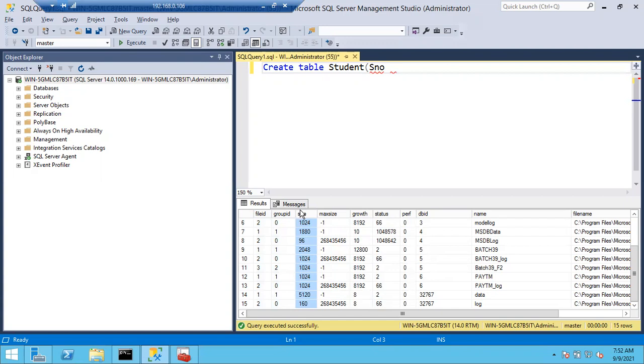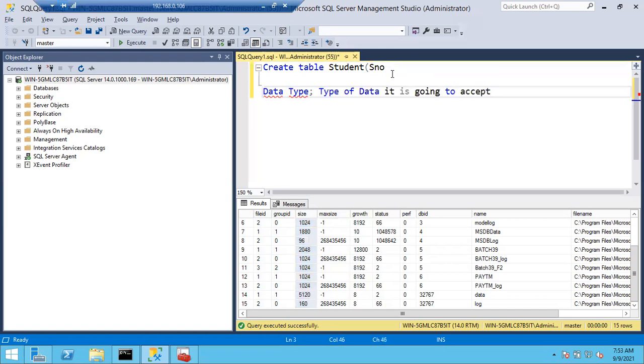So every parameter will have its own metrics, right? In the same way, student number should accept only numbers. That is called data type. What is the type of data you are going to give? Data type means the type of data it is going to accept.